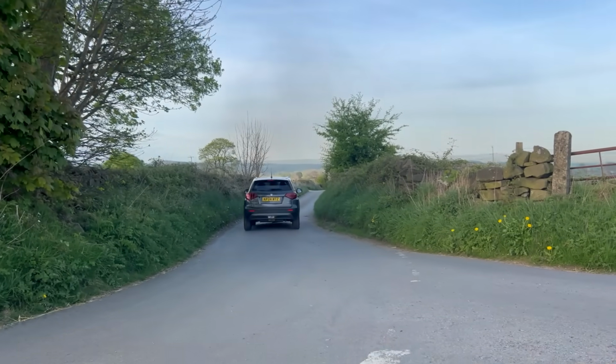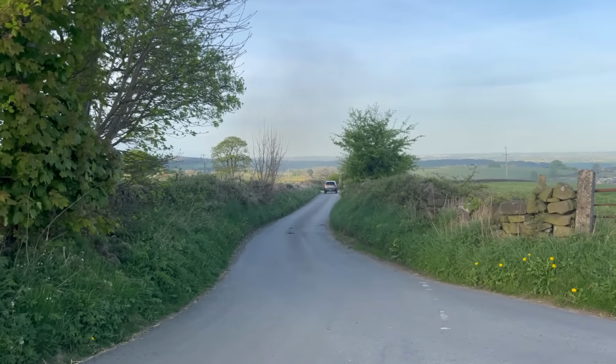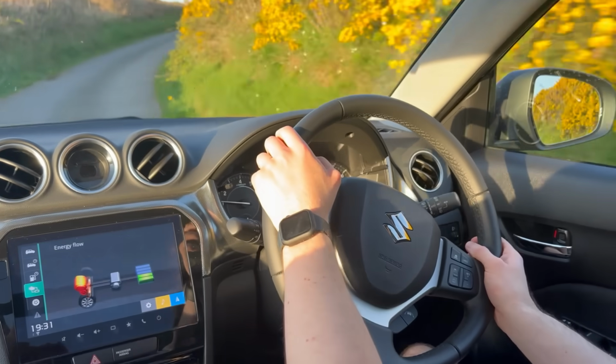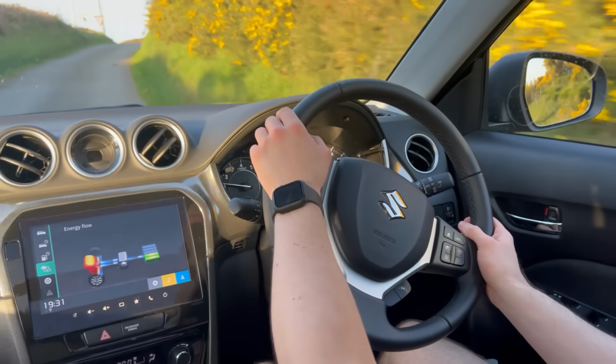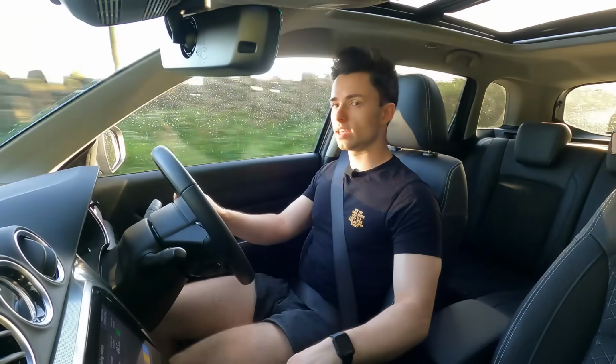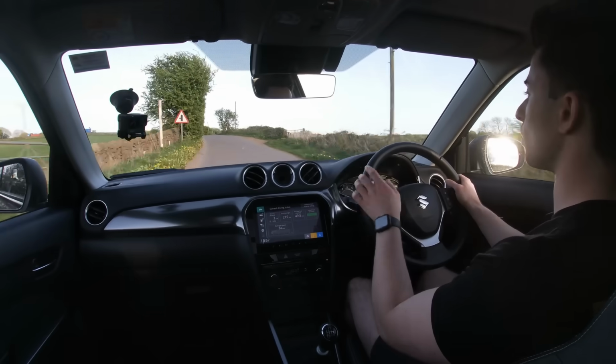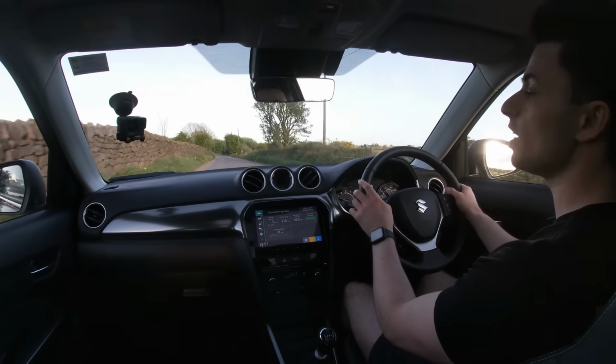Unfortunately though, there's not quite as much feeling from the steering as would be ideal. So while yes, you can throw it into a corner, you don't really get anything back to your hands. If you want something that offers you a bit more driver engagement in this segment, the Ford Puma is the one to beat. One thing you do struggle to beat in this segment though is the sheer amount of kit